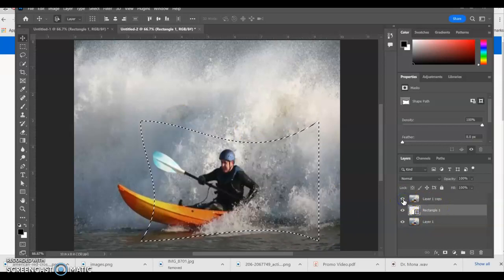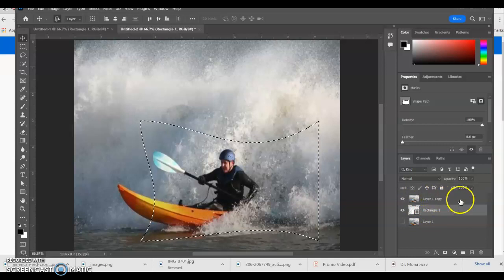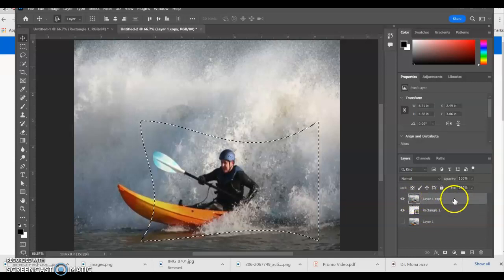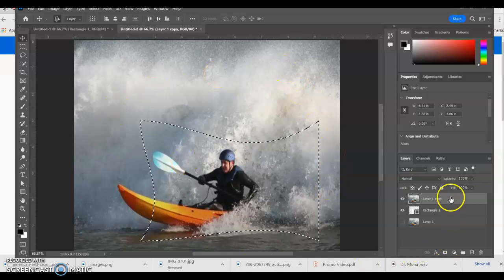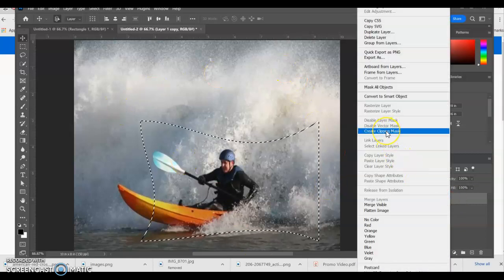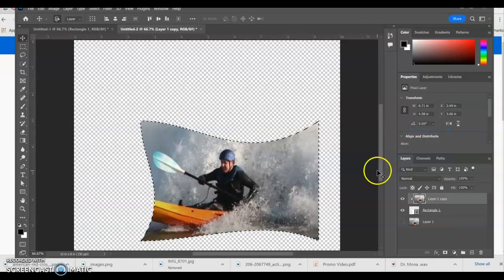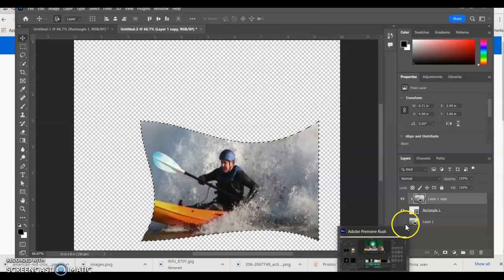We're going to turn this on for the moment and turn this one off for the moment. And if I go to the top layer, the one that's the picture, and I right click and say create clipping mask,